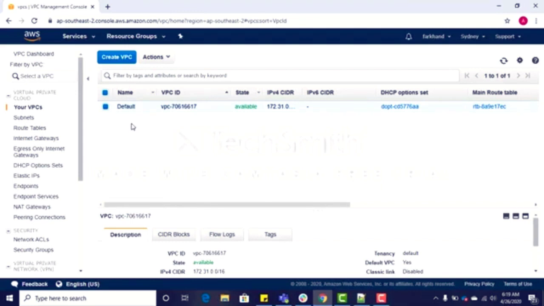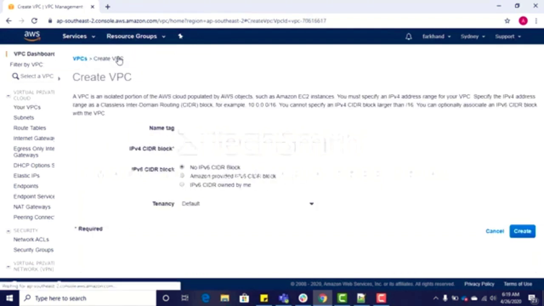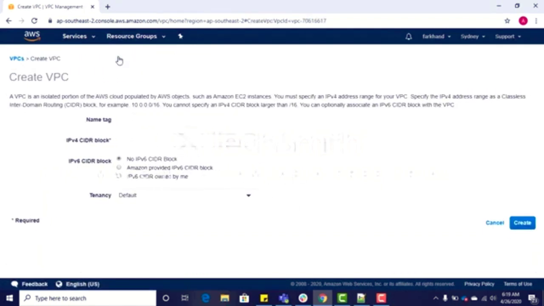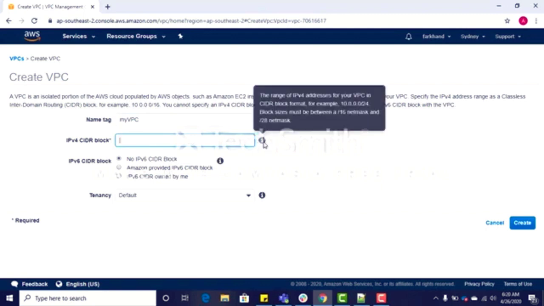The next thing is we will create a custom VPC. So we'll click on create VPC. We'll give it a name, My VPC. Now the IPv4 CIDR block, which we have to give, is a parent IPv4 block size, such as in this example,